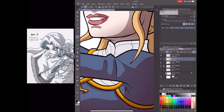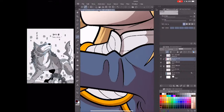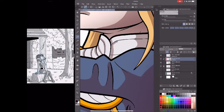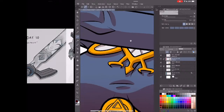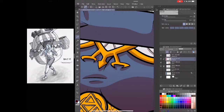So a typical shading session, I would say, would last about 2 hours. So I don't expect to finish this entire image during this stream. What I do on my YouTube channel is I record my drawing sessions, but then I play them back sped up. I call them quick draws. So what would normally take me a good 5 hours, you could watch in the course of 15 minutes. And so pros and cons of doing that, the pros, obviously, you're not sitting there for 5 hours watching me illustrate. But the downside is that you're not going to get that real-time advice,